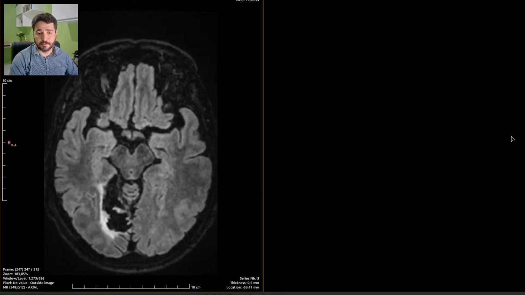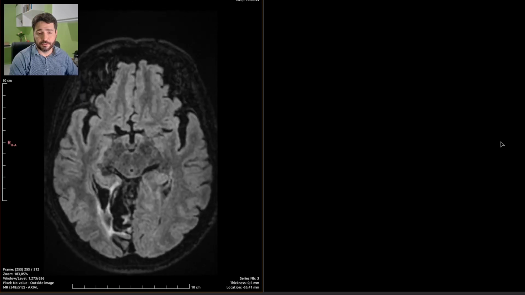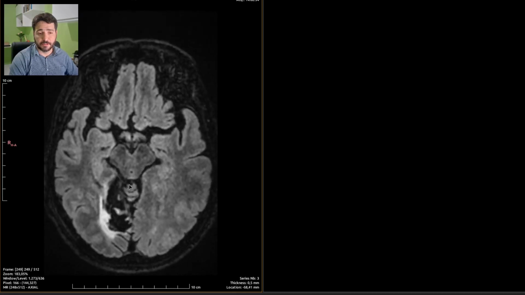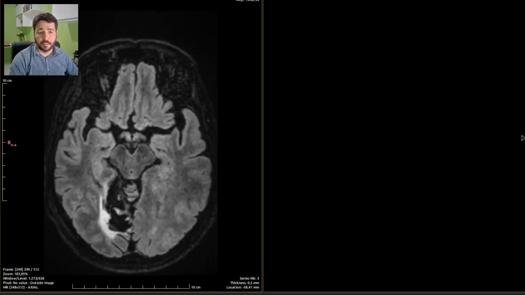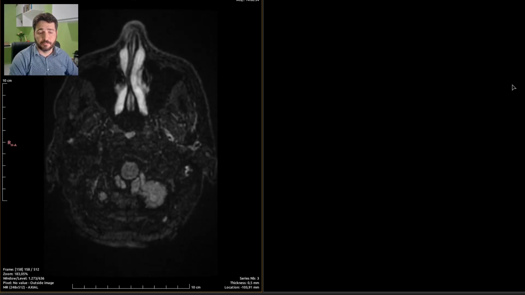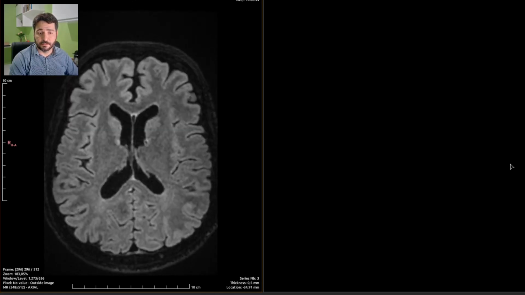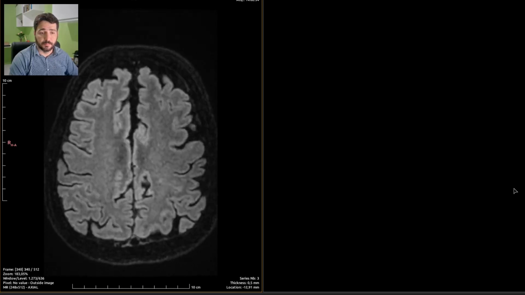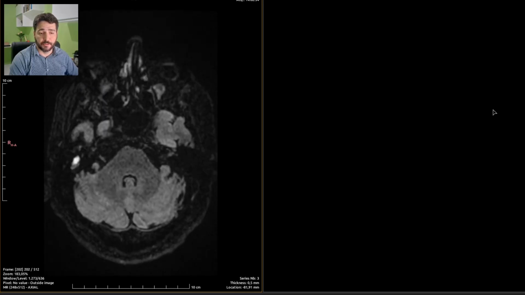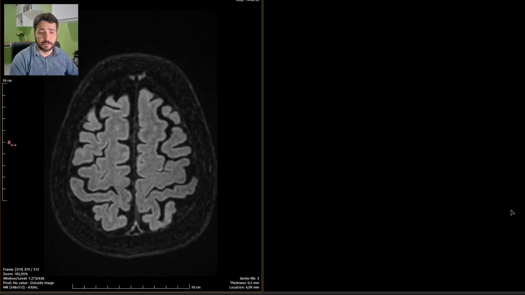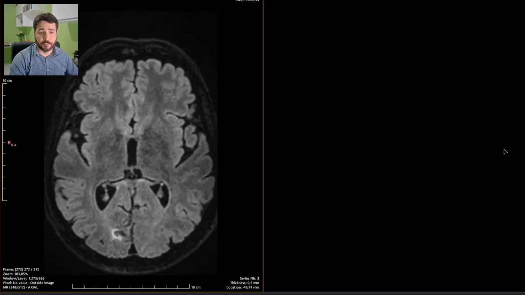This is the territory of the posterior cerebral artery. This is a stroke scar,